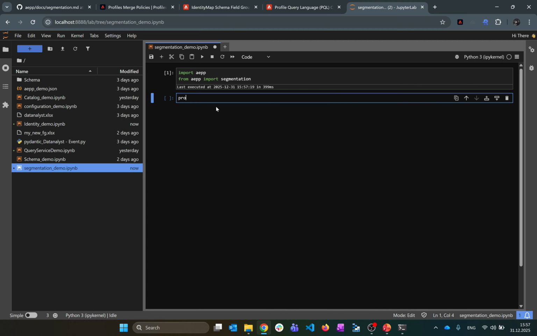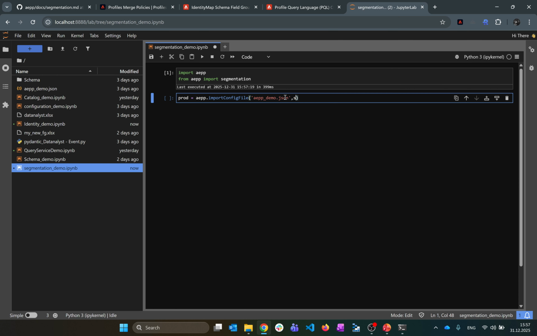As usual, I'm going to load my configuration. So I'm doing the aepp import config file. I can autocomplete by starting to write the things and then do Shift Tab. And it's always super useful. I have my config in the aepp demo,